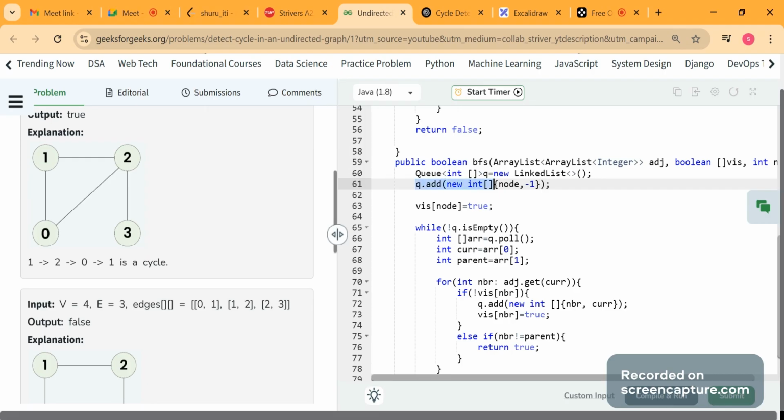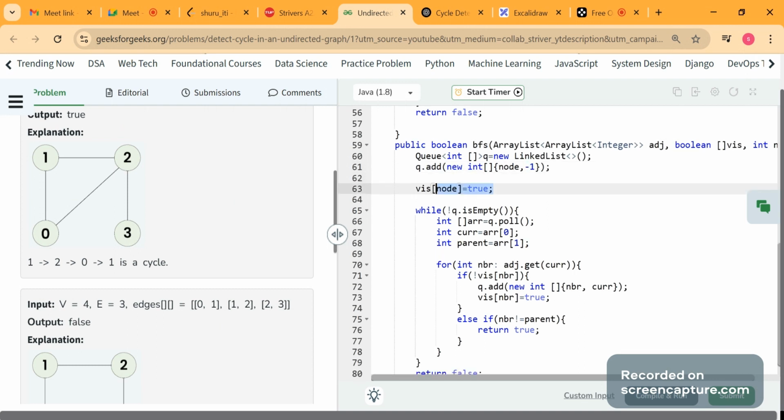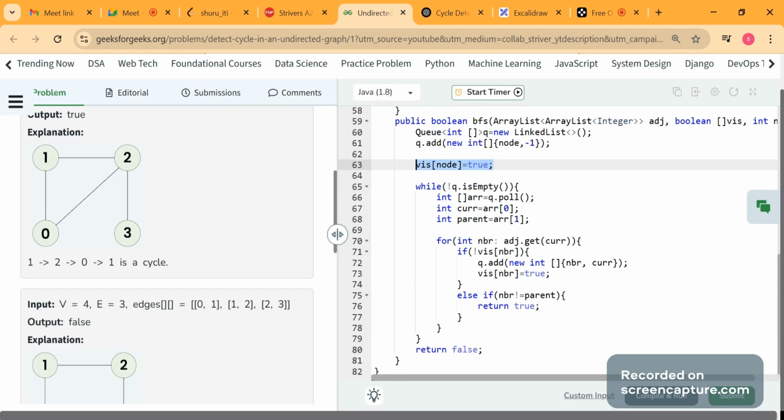We are enqueuing node comma -1 for the root node, the initial node, because it does not have a parent, so we are enqueuing -1 as its parent. Now we will mark it as true, and we will start working on this queue. While the queue is not empty, we will pull out the current array, the first array.